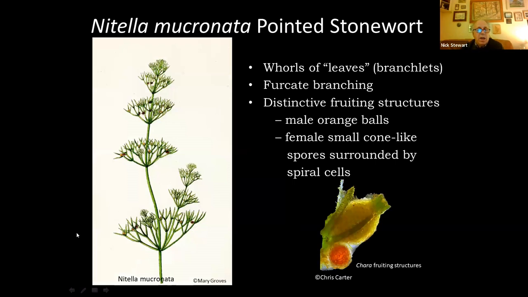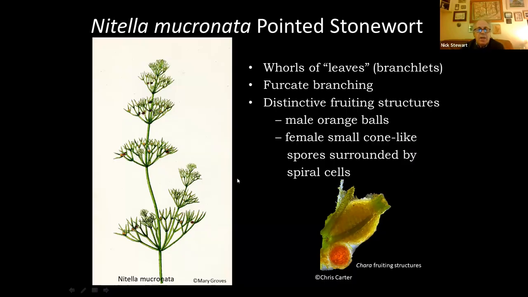It's quite a feathery looking thing. It has leaves, well, the exact term is branchlets, and in this case the branchlets are furcate, so they're tuning fork type divisions. But it has the distinctive fruiting structures of a stonewort,